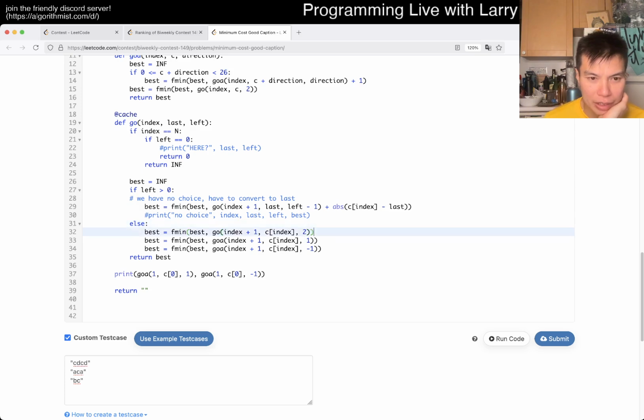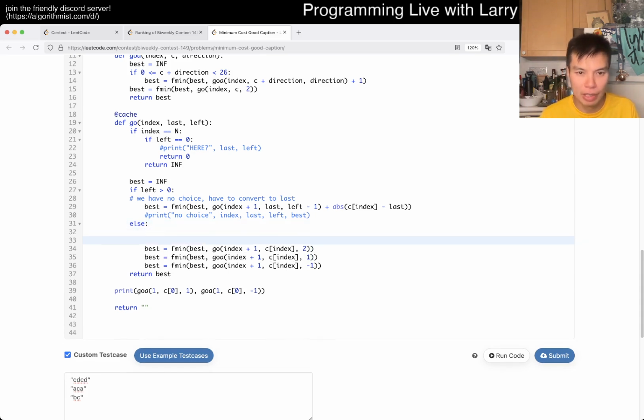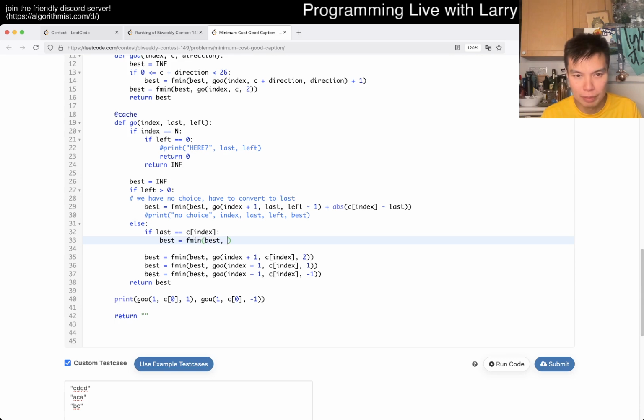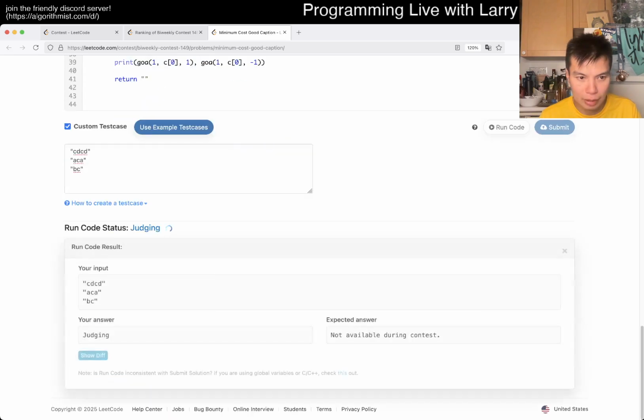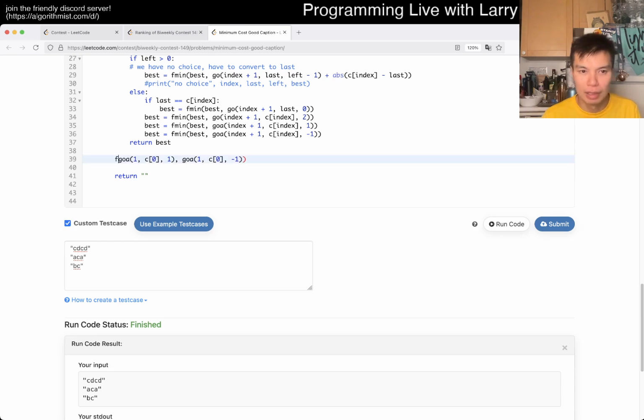Oh, okay, so we can actually keep on. Oh, this is only if... okay, yeah, I didn't keep the case where if last is equal to C index, then you can also, I mean, in this case it'll be 0, so it's just keep doing it. Okay, so this gives me 2, which is right. Okay, good, right? So now we have the answer. Okay, so we have the answer. Then the question is,